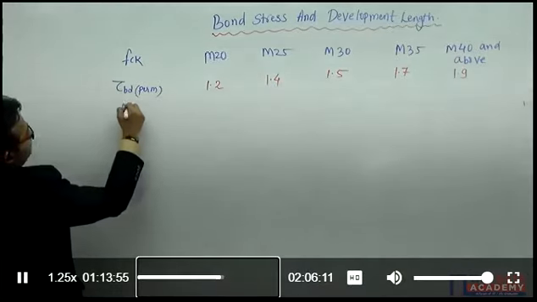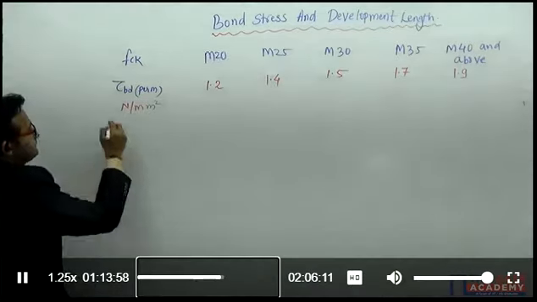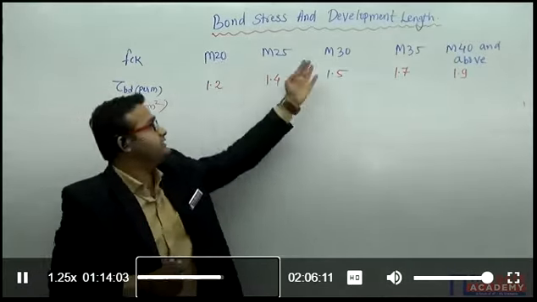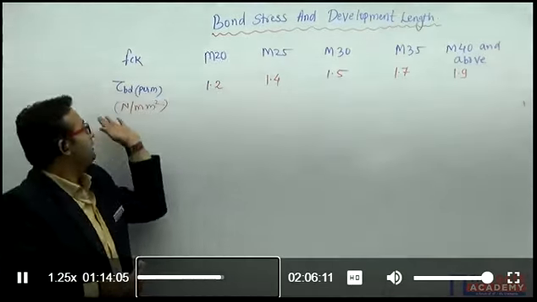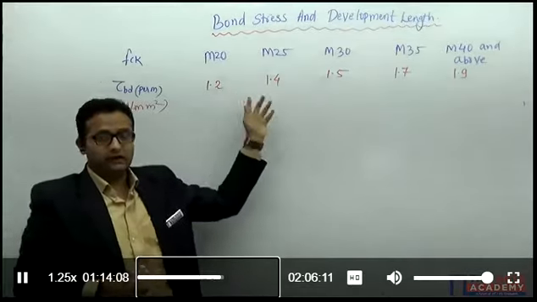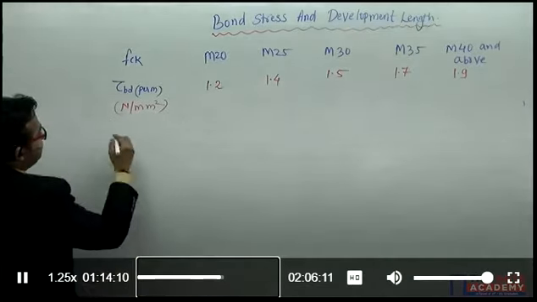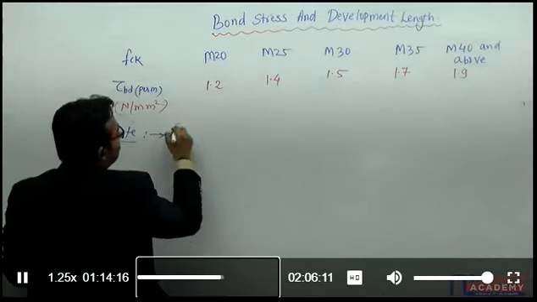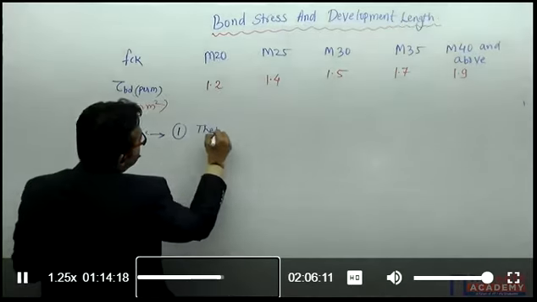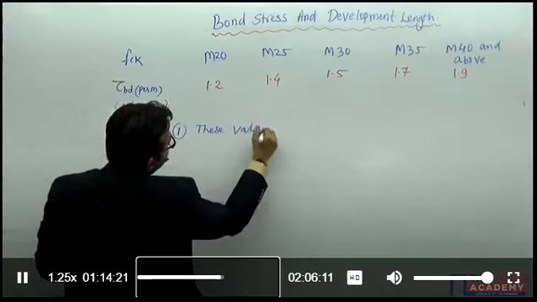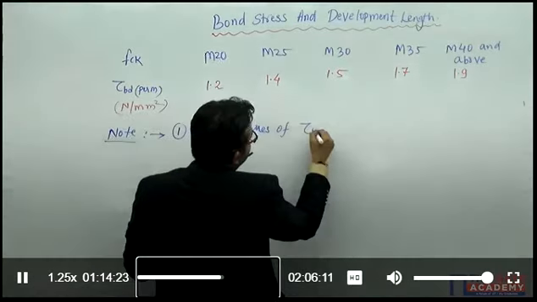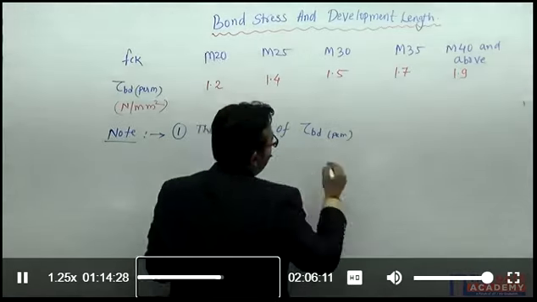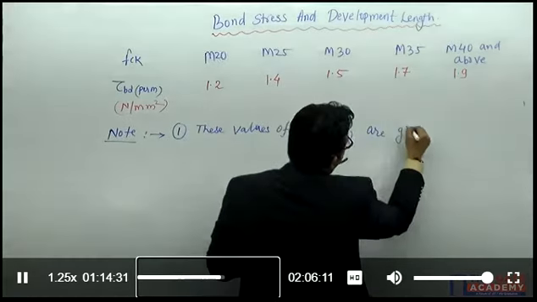These values are given in Newton per mm square. For different grades of the concrete, there are different values of tau BD, and a very important notice I am going to write here. Notice, these values of tau BD permissible are given for